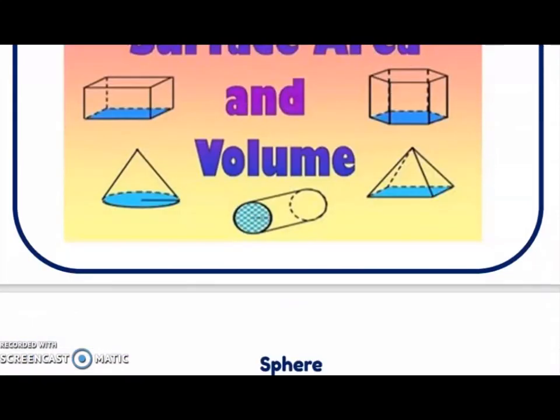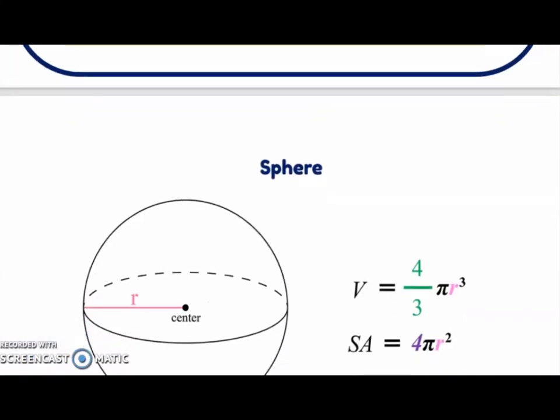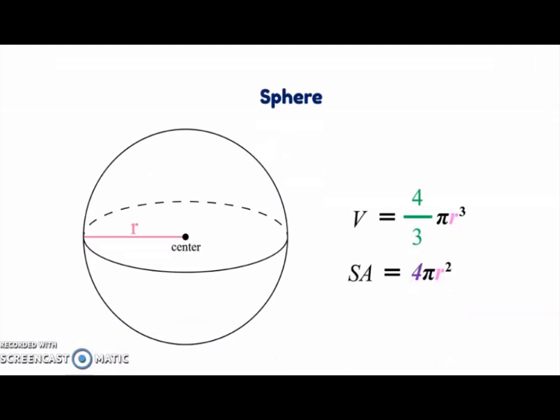We will start with exercise 13.4. Now this entire exercise is related to sphere. So sphere, radius of the sphere, if we take as r, then the volume of the sphere will be 4 by 3 pi r cube. This is the formula for volume. And surface area will be 4 pi r square.